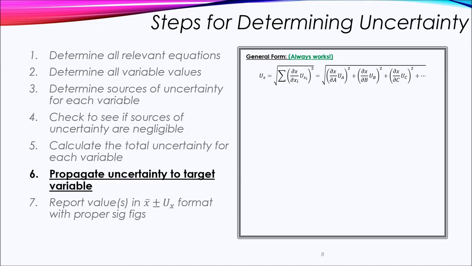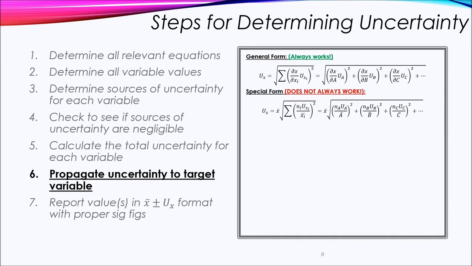Now, there is a special form to this equation, which does not always work. And I want to emphasize that it does not always work. There are some valuable times in which you can use it, but it is not your go-to. If you ever question whether or not you can use the special form, just go with the general form, because, again, that works. And this form basically has generally the same outline, except instead we've got this x bar term pulled out, and that's just the average value